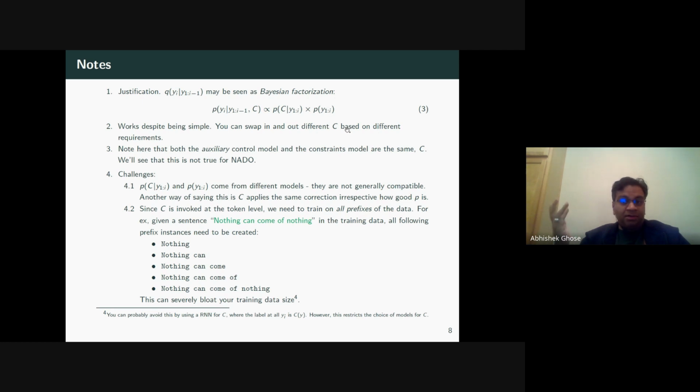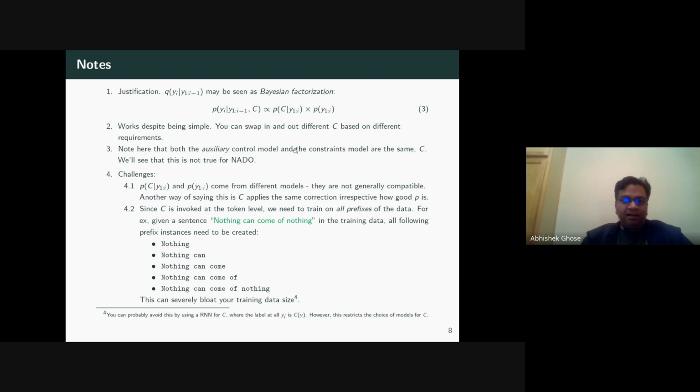And the pre-trained language model maybe that we are using, maybe we are using BERT, right? So most of the experiments that we did, for example, use DistilBERT. So this is not compatible in the sense that during training, the distributions of various strings that these models might have seen could be very drastically different, right? So while the math looks very simple and elegant, there is a lot hiding under the hood. The two probabilities that you see are coming from different models, and therefore they might not be exactly compatible,